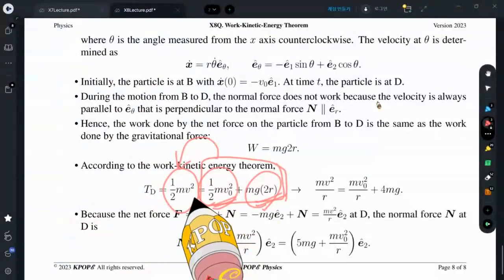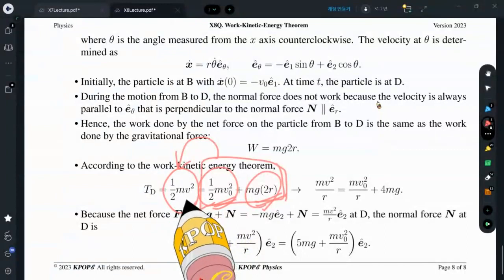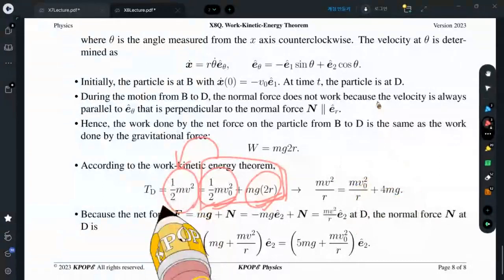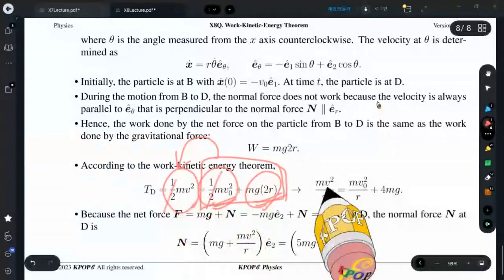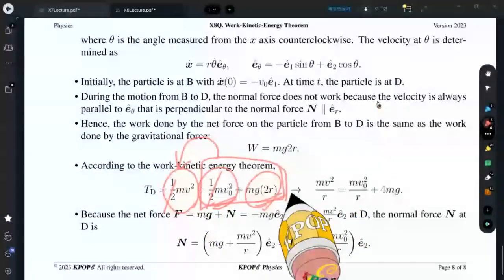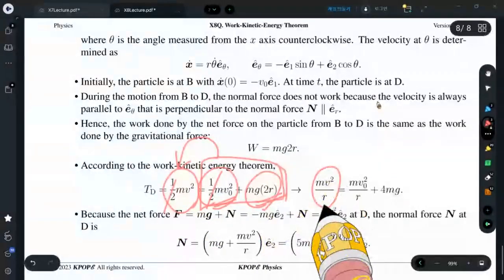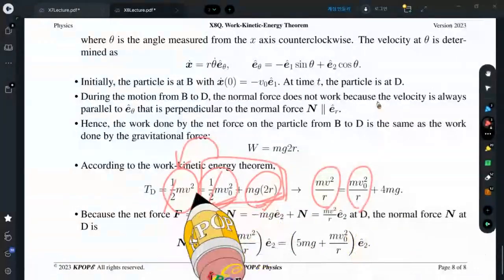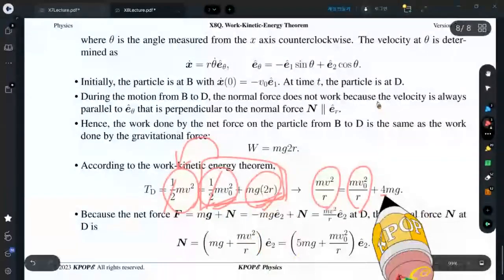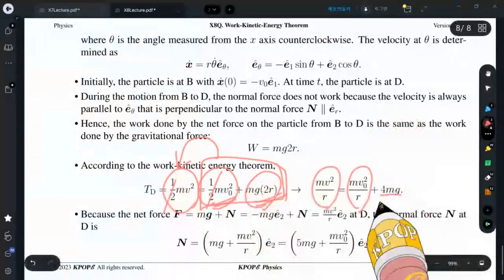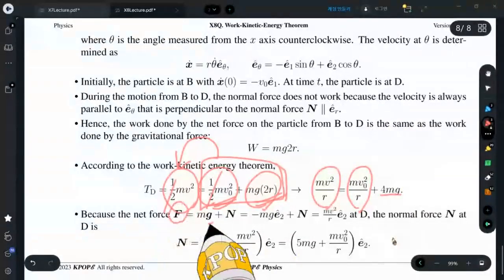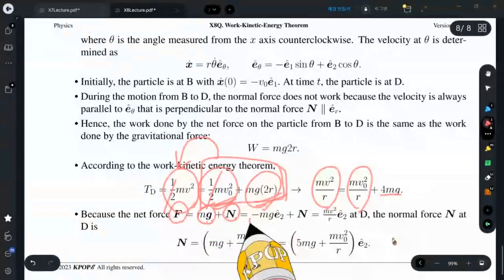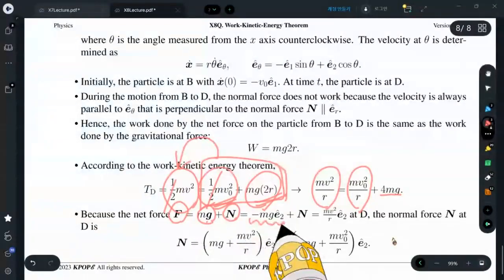Okay, from this, you can determine the speed on the bottom. You multiply by a factor of 2, then this cancels, and divide both sides by r. So m v squared over r, m v0 squared over r, and you have multiplied by a factor of 2, it became 4mg. Okay, that force is the gravitational force and the normal force. And gravitational force, I substitute the original value, end up with